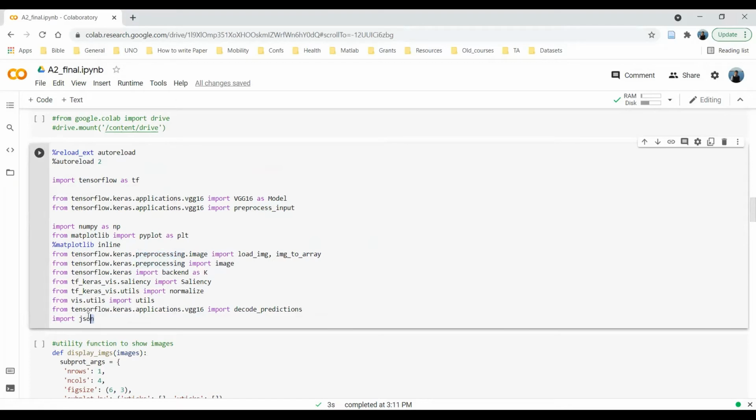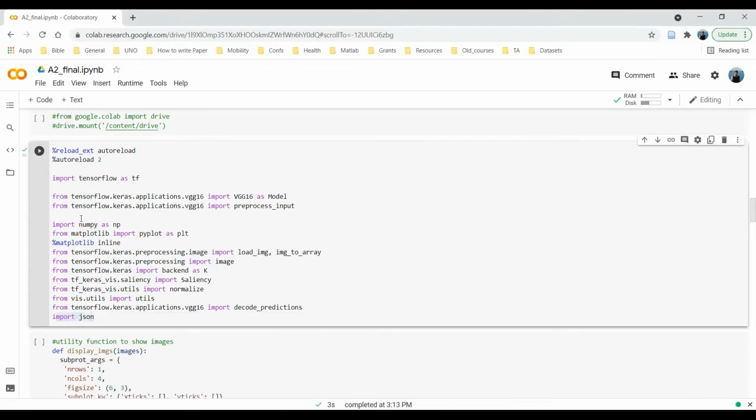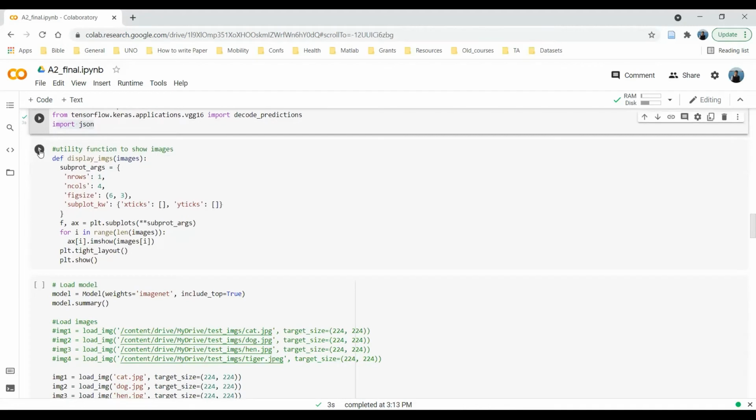So make sure you install or load all these libraries. We also need to import JSON, and I'll explain why we need this as well. So I have imported all the required libraries here, and then I have defined some utility functions.